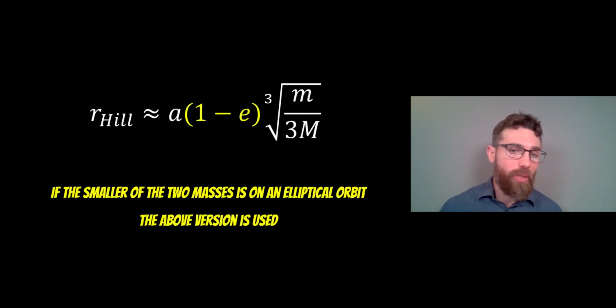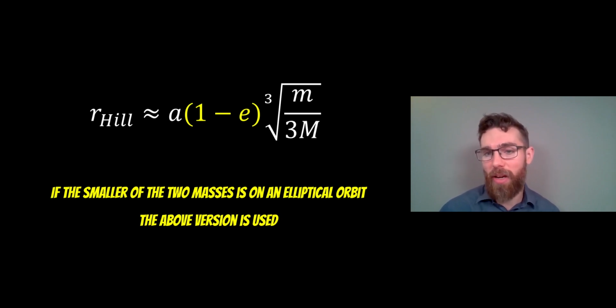But that's an approximation for a circular orbit of the planet. We're assuming a planet anyway. If it's on an elliptical orbit, so it has some eccentricity, which is denoted as e in the above equation, then you need to use that version there. Because it's on an elliptical orbit, it will move closer and then further away, and it changes the hill radius. So you then have to reduce the hill radius because it becomes more unstable. So an orbit would have to be a lot further into the hill radius to remain stable. But that is how we get the hill